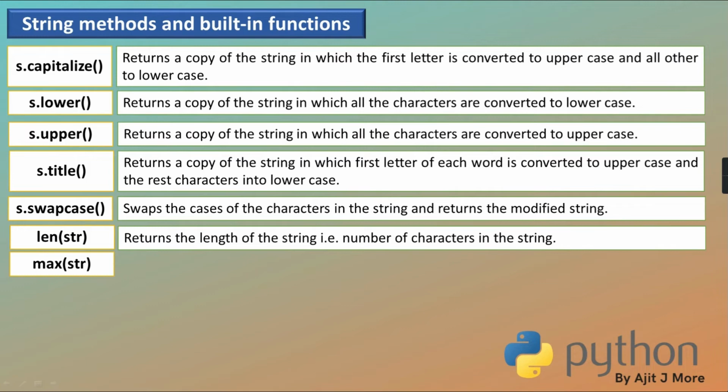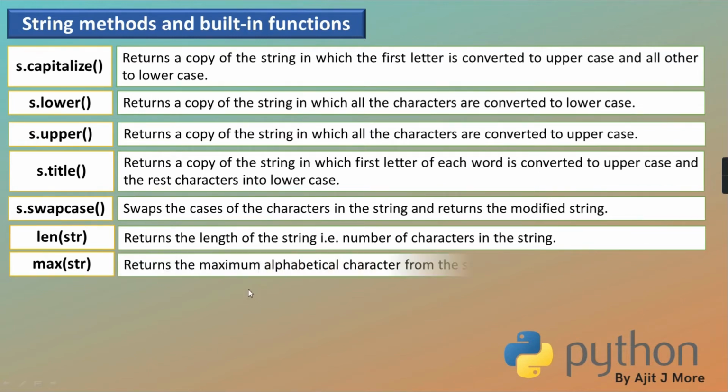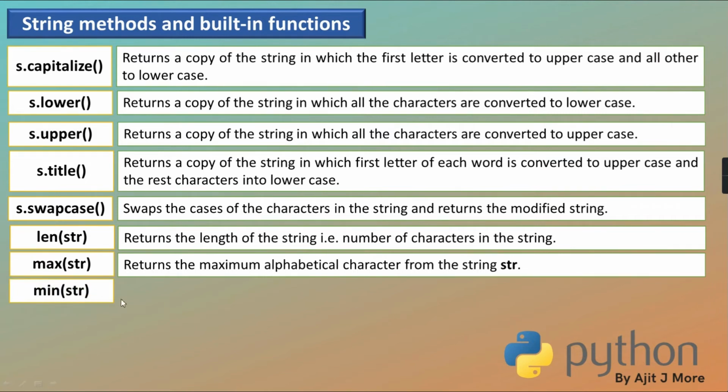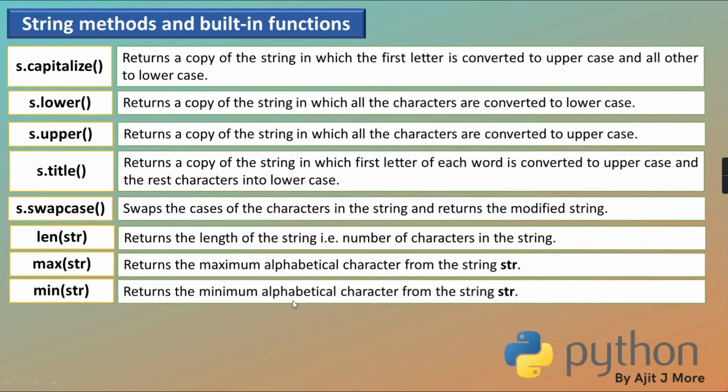Okay. Here, max of a string returns the character with the maximum ASCII value, or Unicode you can say. So the character whose ASCII code is maximum will be returned. See, it returns the maximum alphabetic character from the string. So in the ASCII chart, the character which comes very late, or whose ASCII value is highest, that character is returned. Okay, and minimum is the opposite. It returns the character with minimum alphabetic order. Right, so it returns the minimum alphabetic character from the string.